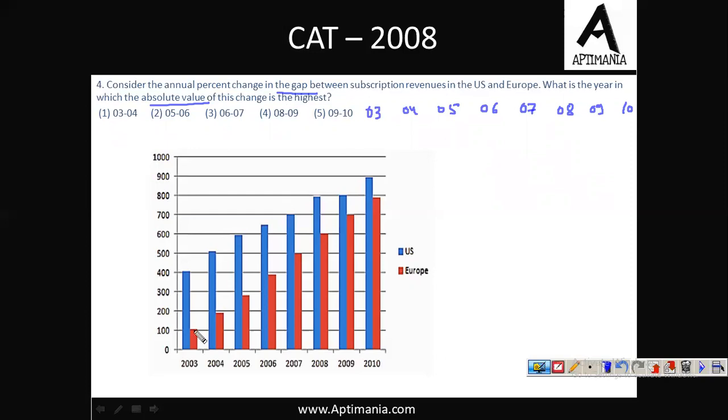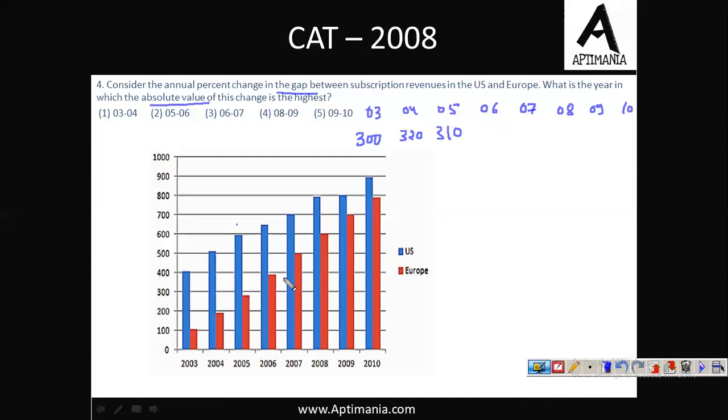In 2003, here it is 400 and here it is 100. So the value is 300 or very close to 300. Fine. In 2004, it is how much? So here it is 510 and here it is 190. So we can say these are approximate values, close values. These are not the exact values. This is what we are reading from these graphs. So in 2005, the value must be 590 and here it is 290. So approximately 300. Here it must be 280 it seems. So it must be 310.